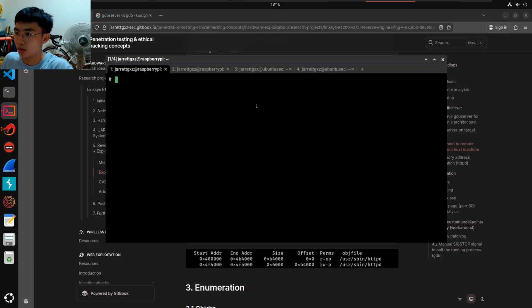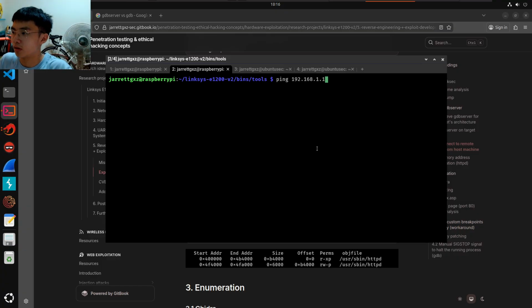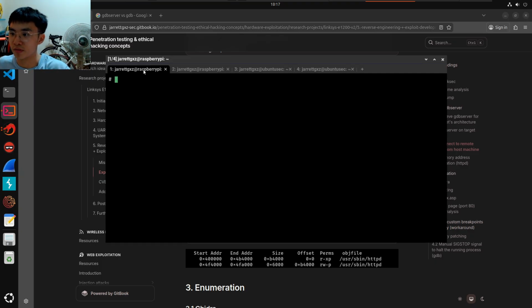Okay, so first you have to run a Python 3 command to host a local server to be able to allow the device to retrieve the file. Now wget